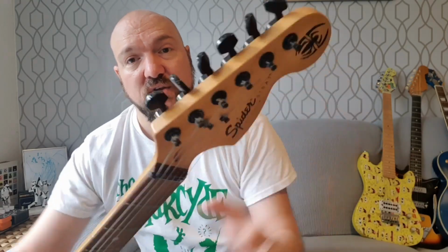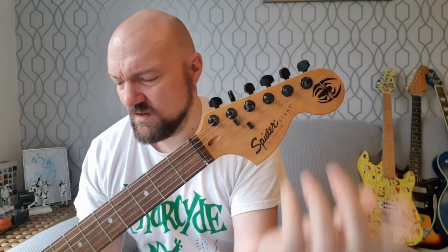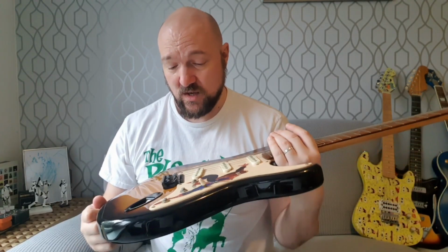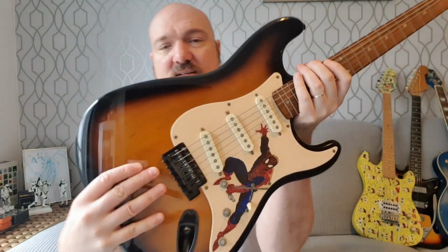So these are new black machine heads. I don't know why I went black. I just went black all over. I think it was because this was black and this was black, because I had leftover black paint, but I was like, black looks really cool. Again, I'm like 17, like, yeah, black is cool. So I just went black, and black back here. And that was all the hardware mods that I did,